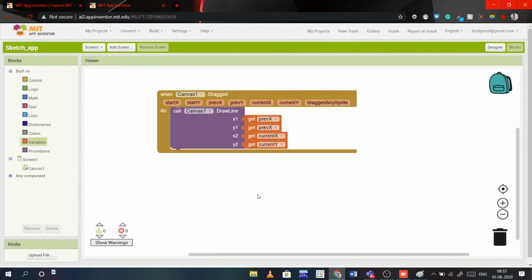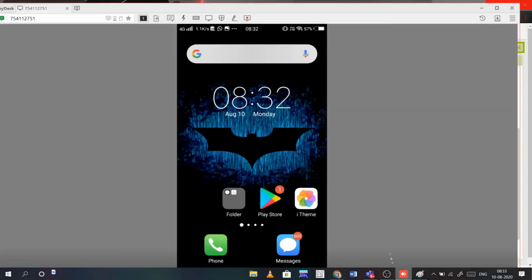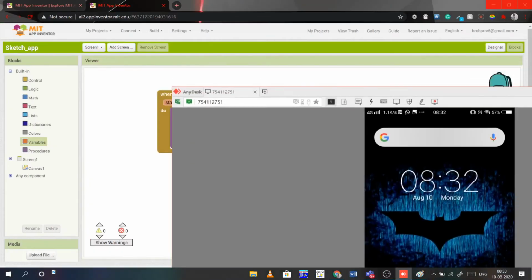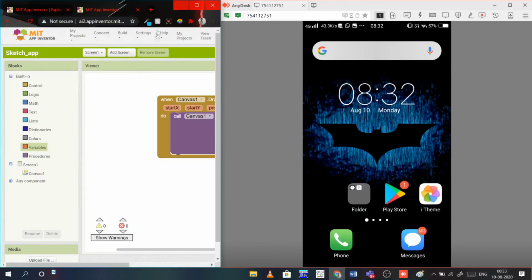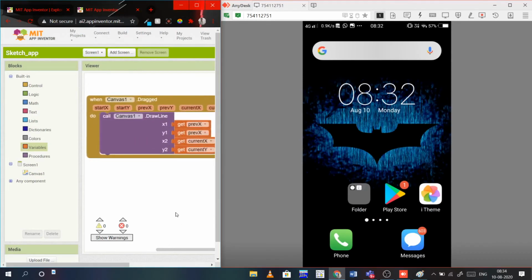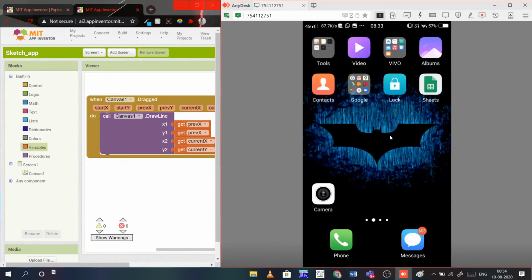Now I will show you on my mobile how you can test it. There are two ways. One is you can directly install the app inside your phone, or you can just see the preview, and after that, if you are satisfied with it, then you can install.